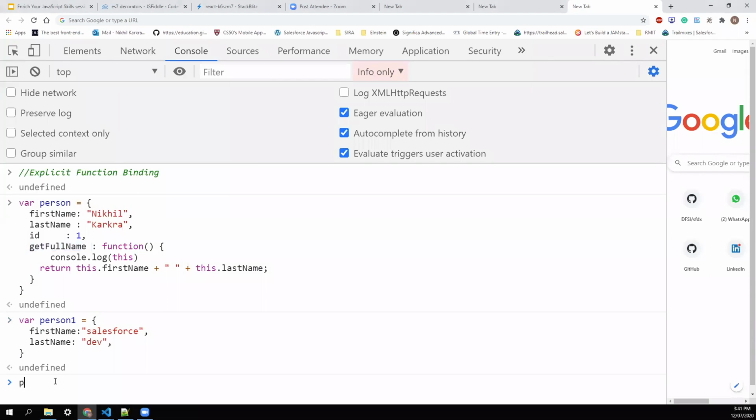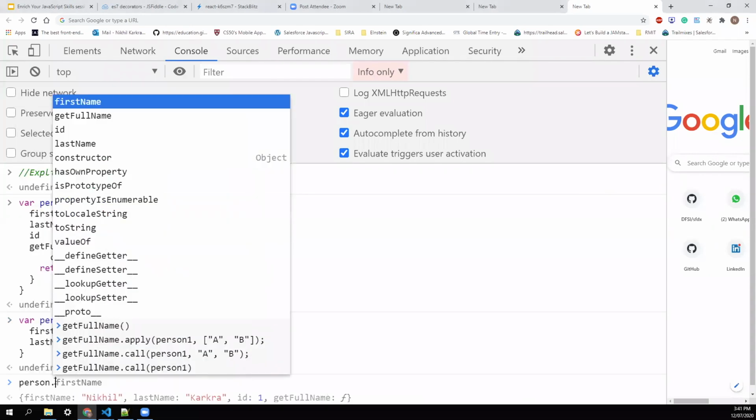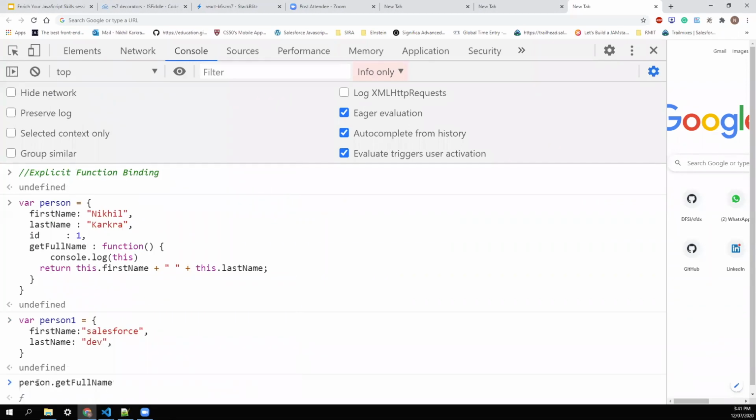To do that, I'll say person.getFullName, where we are calling the getFullName method on person, and then .call. What call does here is it takes as the first parameter the context which you want to set. I'll pass my person1 here, so whenever getFullName gets called, it changes the context.